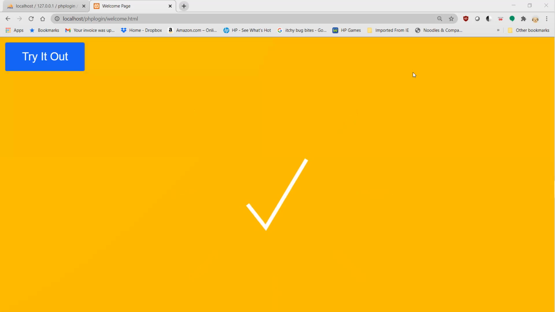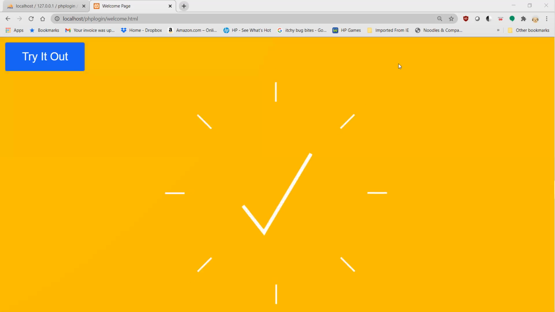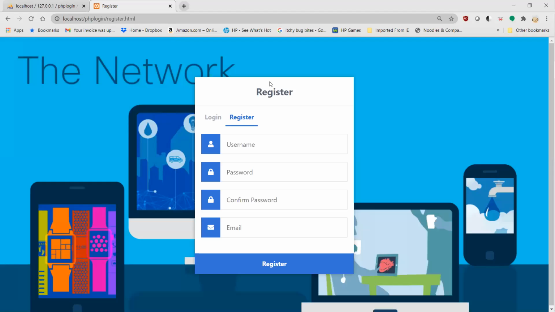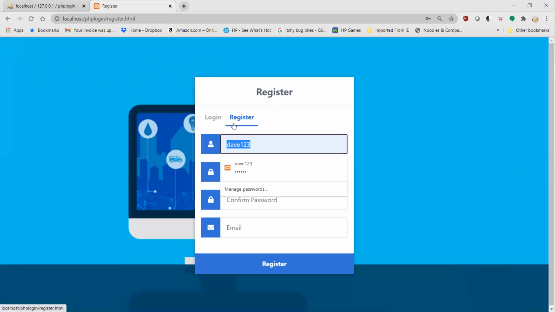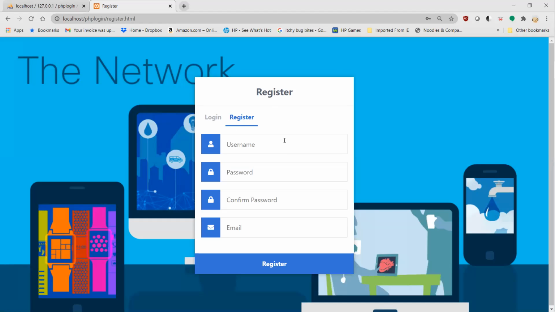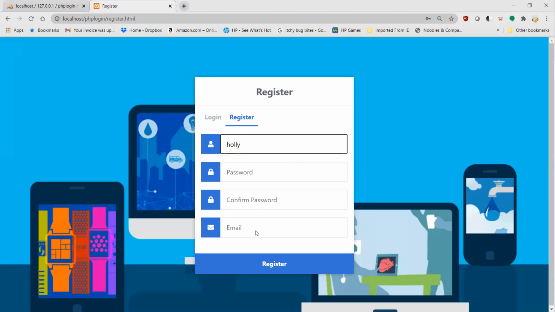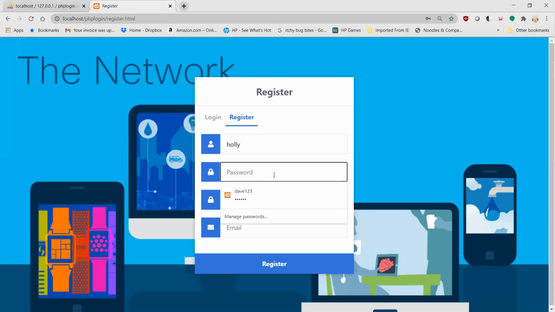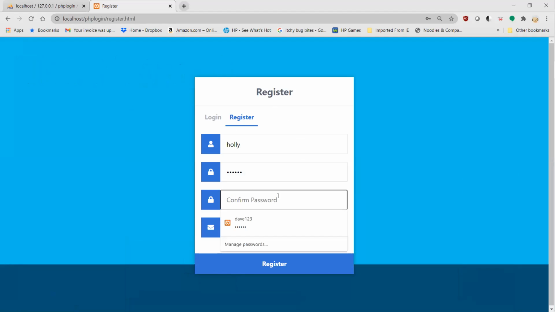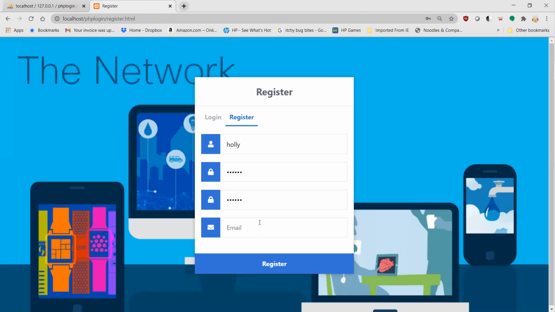So the first step is to click the try it out button. When you click the try it out button, the user is going to be prompted to register. So for example, if I wanted to register for an account, we're going to do this. It's going to take in the user's name. I know Holly. And her password is going to be happy4. And her email address